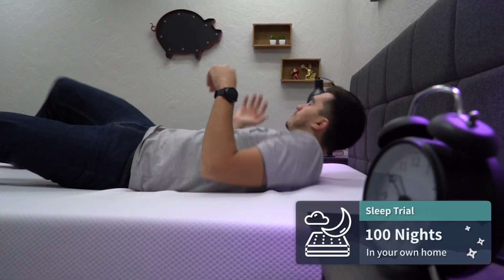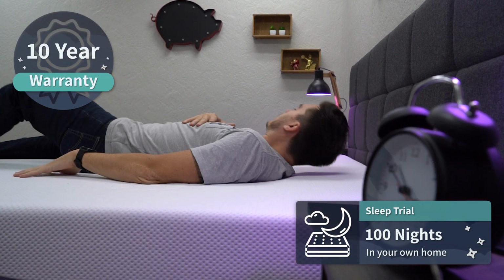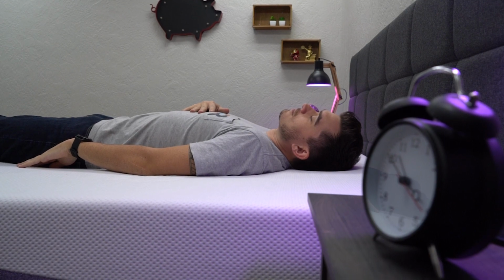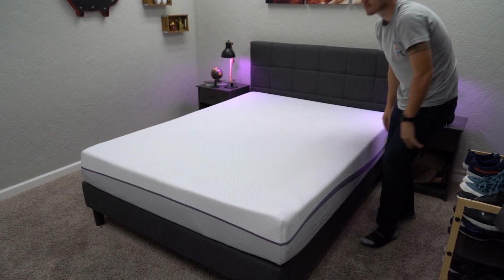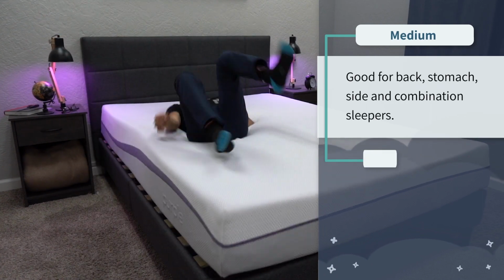Luckily, Purple does have a 100-night sleep trial and a 10-year warranty and free returns, so you can get the thing tested before you get stuck with it. But I think a lot of people will really enjoy it. Once you give it a couple nights, your body will get used to that feeling and it won't feel as crazy out of this world. But in terms of firmness, it's right at a medium, so it'll work for all sleeper types, back, stomach, side,